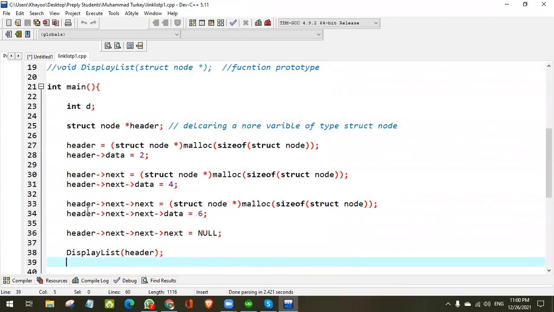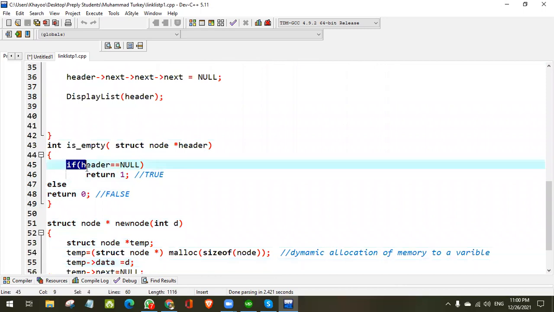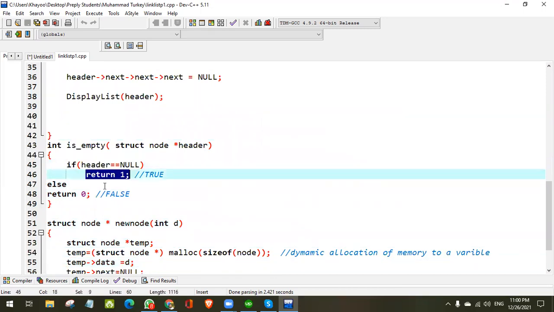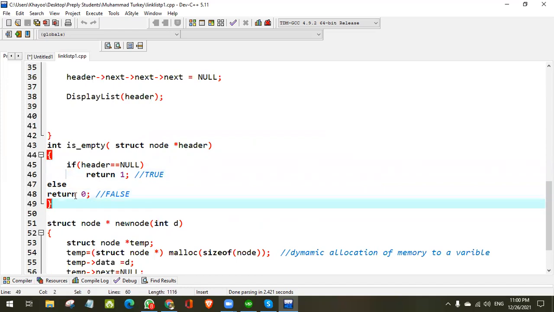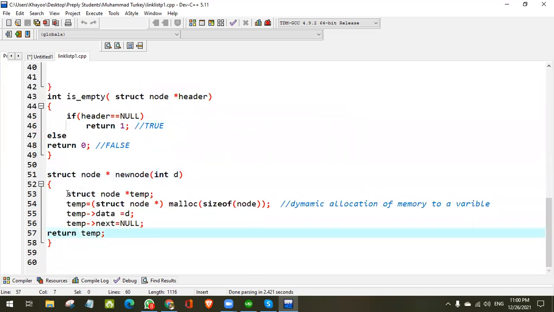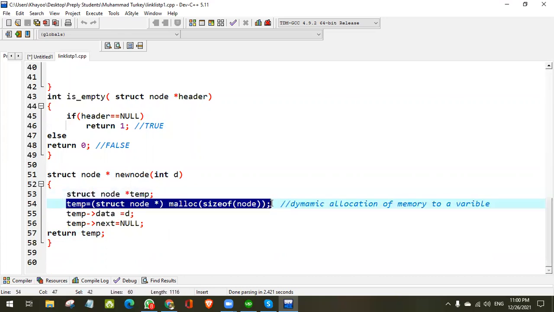Now go here. In this isEmpty function, we have this selection. If this is true, then this will be performed. Otherwise, this will be performed. This will be skipped or performed. And this is also a variable declaration. And this is an operation to create the value.